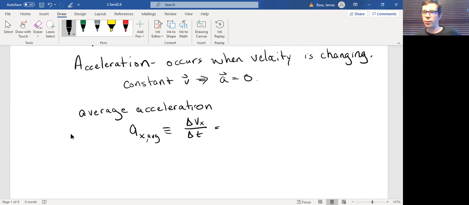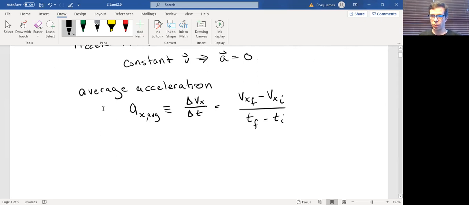And right now we're talking about in one dimension, which I've called the x direction. So a delta is a final minus an initial. So we have Vx final minus Vx initial over T final minus T initial. And as usual, we're probably going to call our T initial 0 and just our T final T. So we could even say that this is just a